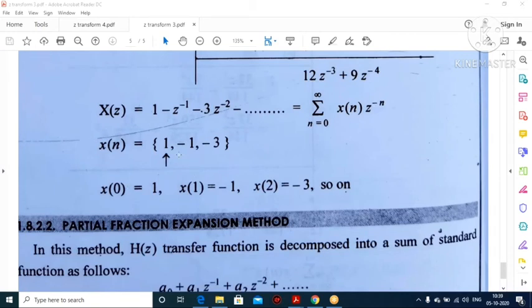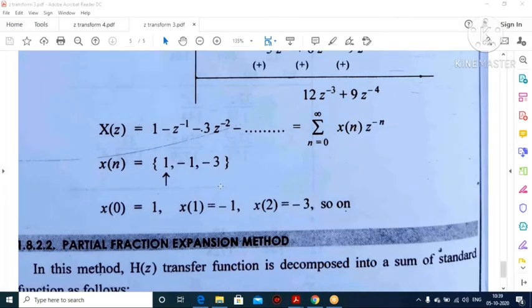So here the x of n sequence, you started from the right. X of 0 is here 1. I put here 1. X of 1 is the coefficient of z power minus 1, so the coefficient of z power minus 1 is minus 1. Next, x of 2 is the coefficient of z power minus 2, that will be minus 3, etc. So you put the arrowhead at the initial point. If you put it here at the initial point, our given signal is causal, because it starts from 0 to infinity. Suppose if I put the arrowhead here in this place, it means non-causal, right?